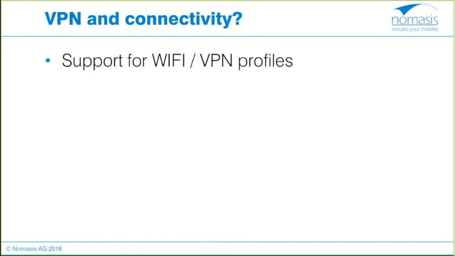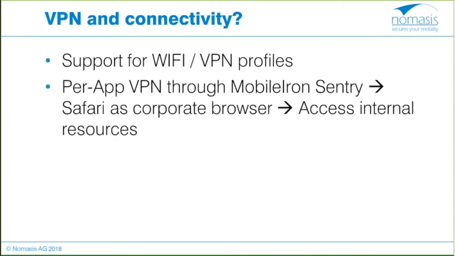So since the beginning of macOS management with Mobile Iron, we were able to distribute Wi-Fi profiles, VPN profiles. Even complex Wi-Fi settings can be distributed on macOS. That's working well. And since a few months, there is a new utility which is called Mobile Iron Tunnel. Mobile Iron Tunnel is the per-app VPN solution which had been developed for iOS, and it allows you to have like a VPN connectivity for a dedicated application inside the corporate network.